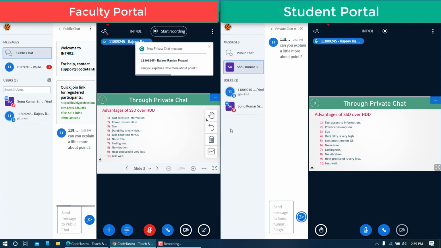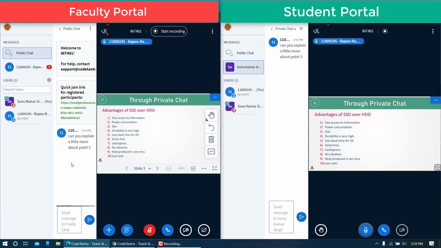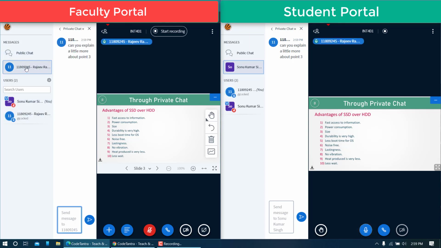Once you send this message, the teacher will identify that one student has sent a message in the private chat. The same thing is visible here as well, and you can see that under the public chat area, your message is not visible. Whatever you send to your teacher as a private message will not be visible to your colleagues, and the teacher can view the message by clicking on your name here. Once the teacher clicks here, he will be able to see what your point is or what you are trying to say. So that is the other option, using the private chat.